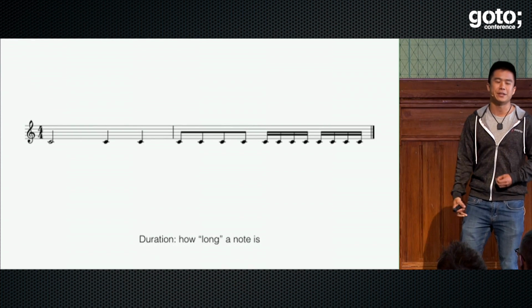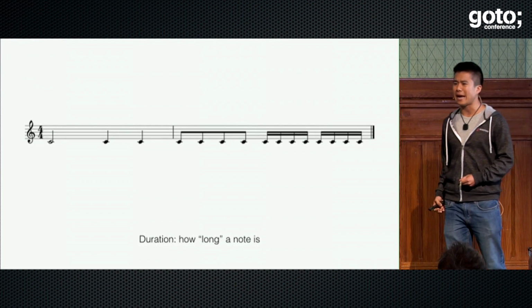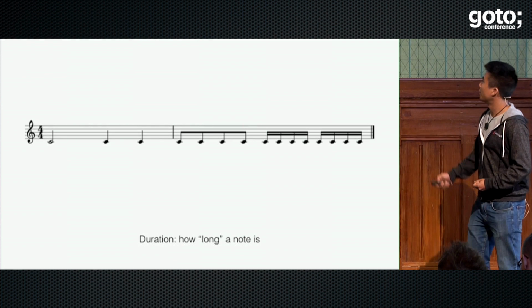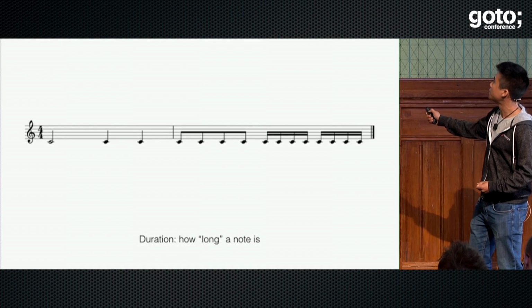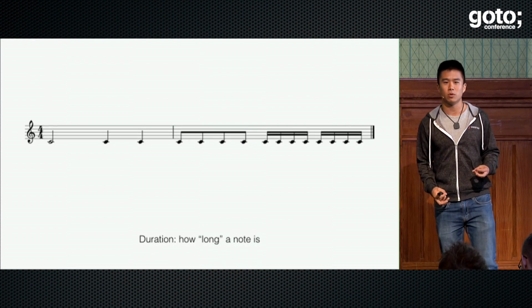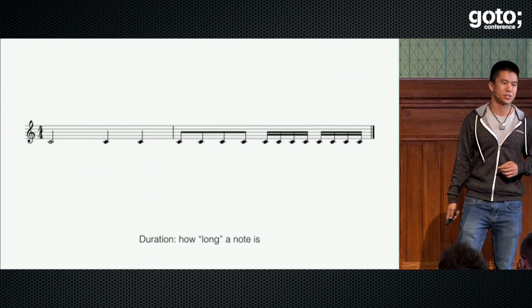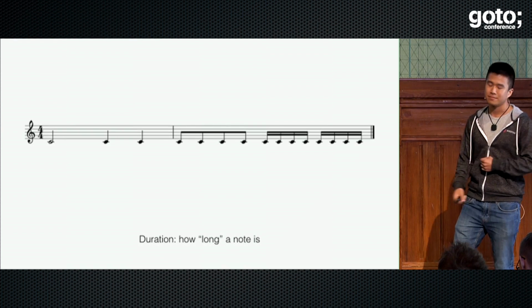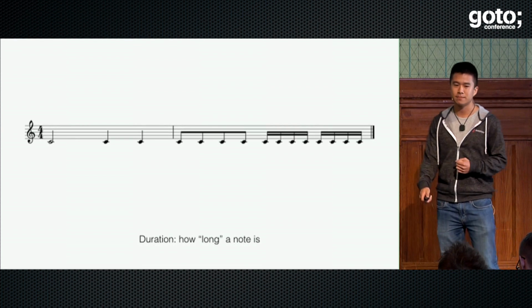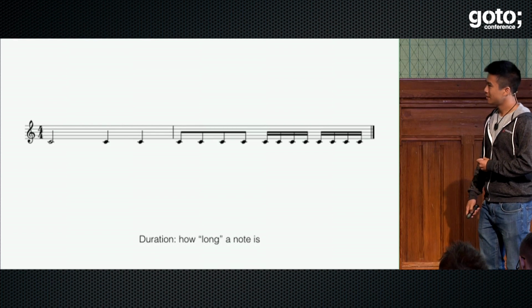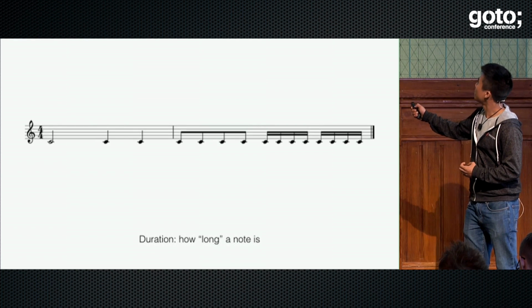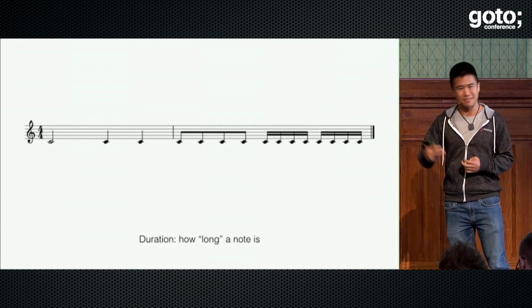The second attribute we need is duration. And this is really how long a note is. So this one note, these 2 notes, these 4, and these 8 all have equal total duration, but they're halvings of each other. So if we take a listen, the general intuition is the more bars there are on these ties, the faster the notes appear.